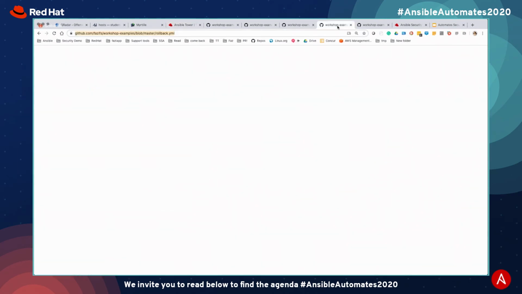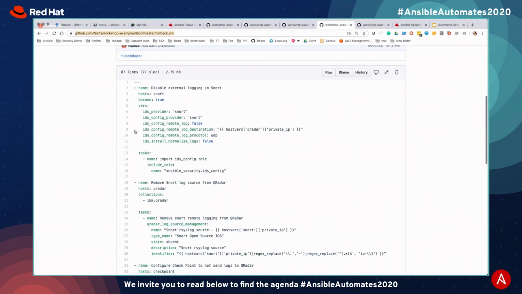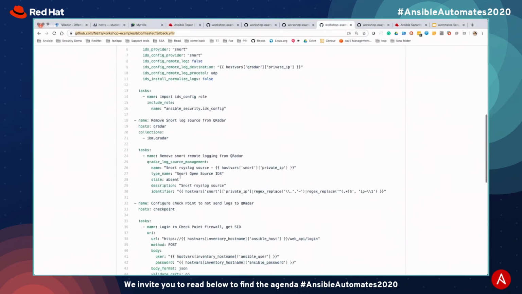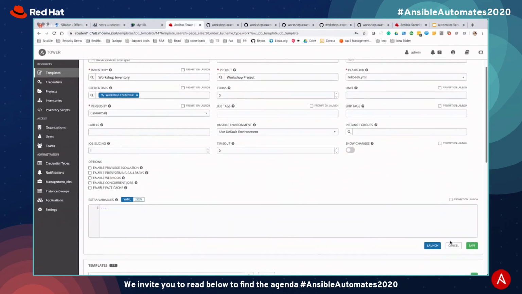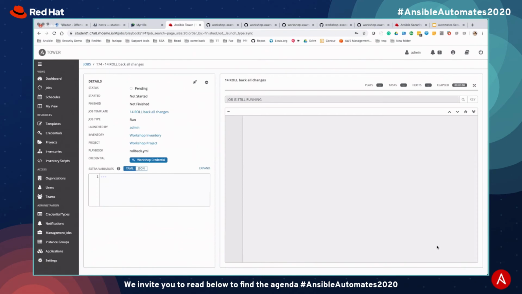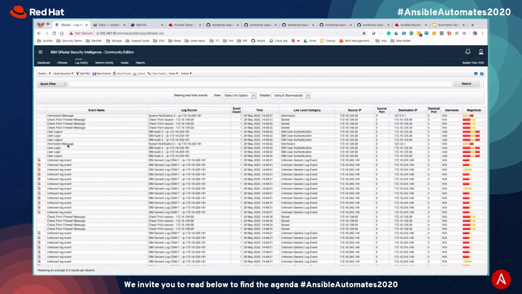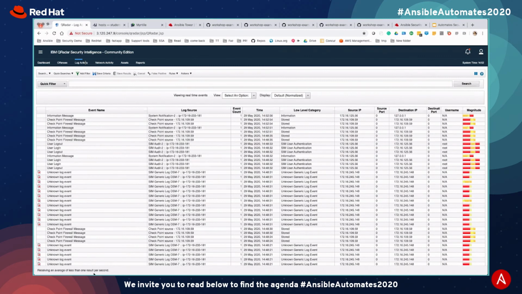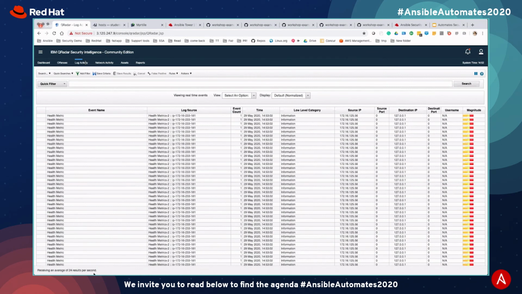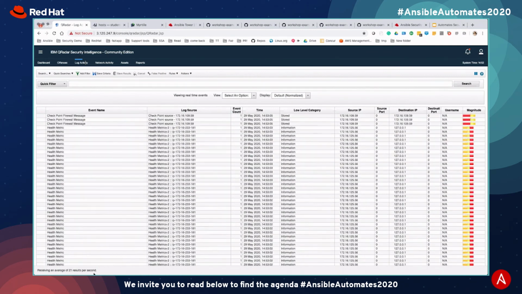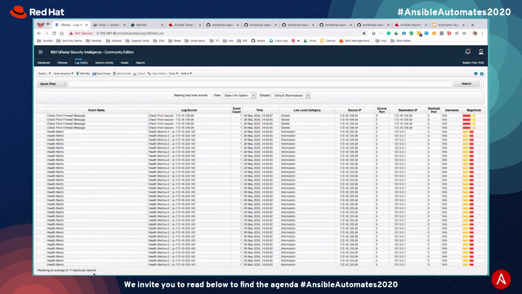So I'll show you what that playbook looks like. This is the rollback. We're dealing with the Snort. So we're just going to stop all the logs being sent and delete the log sources as well. Once that's done, we will stop getting the logs from Snort and from Checkpoint into our IBM QRadar log dashboard. So with that, you've seen how we have helped the customer security analyst perform her steps into investigation and